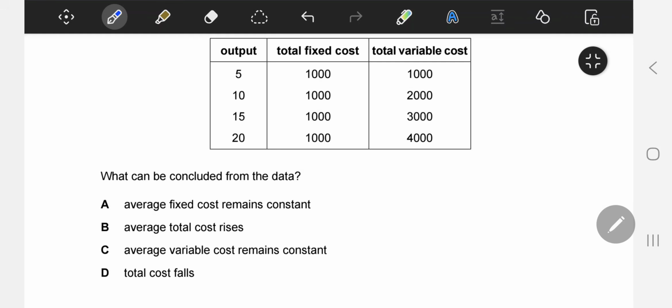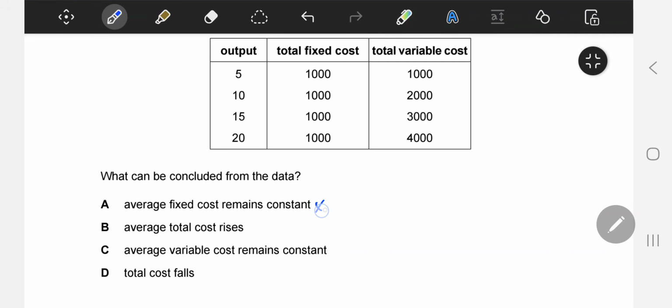And that could mean something, that here the variable cost is 1,000 also, from 1,000 to 2,000, and here, okay, let's look at the